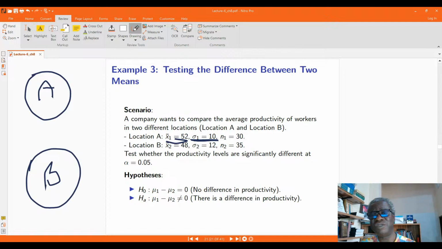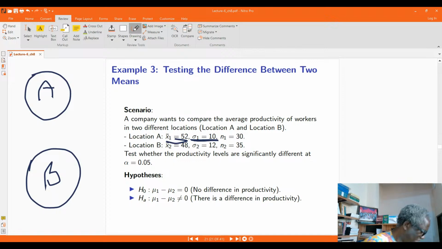Of course, once you know the standard deviation, you can get the variance, and if you know the variance, you can get the standard deviation. So the population standard deviation for location A is 10, and for location B,